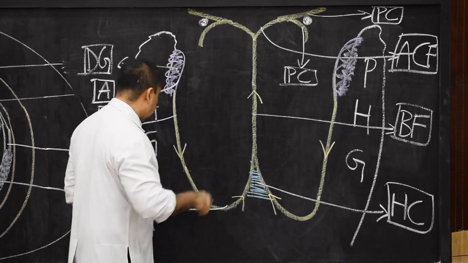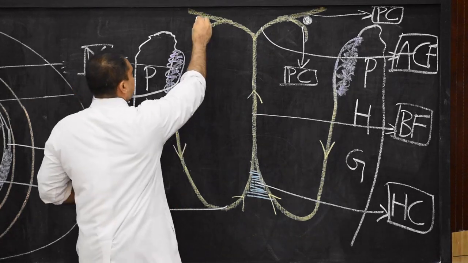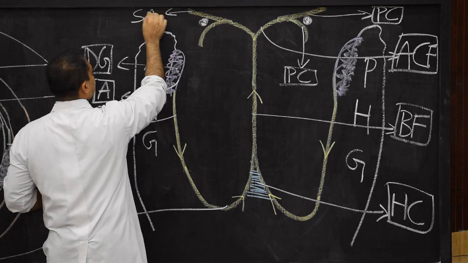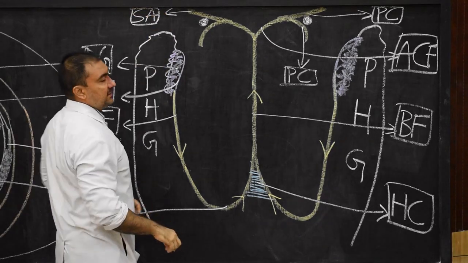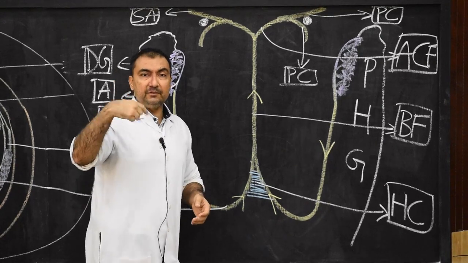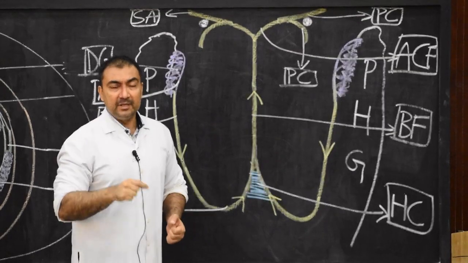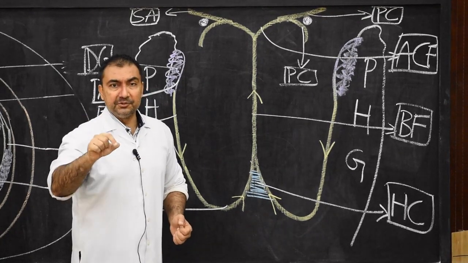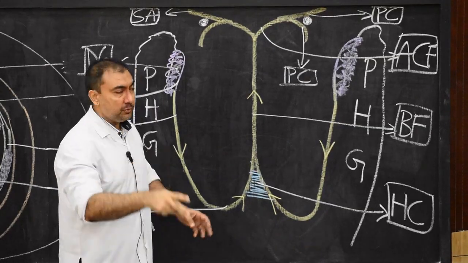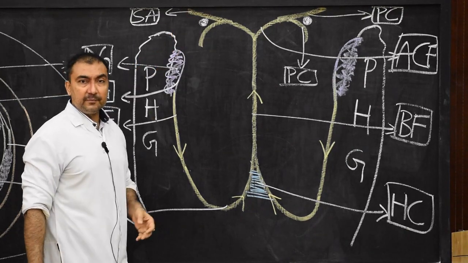Now, the precommissural fibers passing in front of the anterior commissure will end in, here we will write, septal areas. They will directly end in the septal area. And what are septal areas, which we have discussed in limbic system part 2? That is the septal nuclei of the septum pellucidum and the septal neurons which are present in the paraterminal gyrus. So in these two areas, the septal areas, the precommissural fibers will terminate.